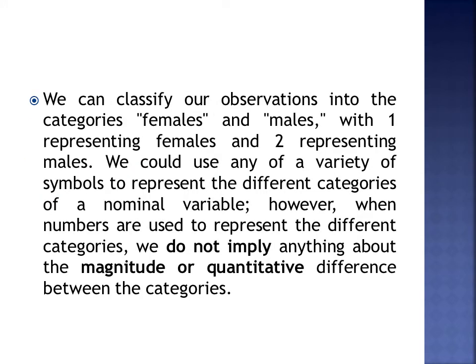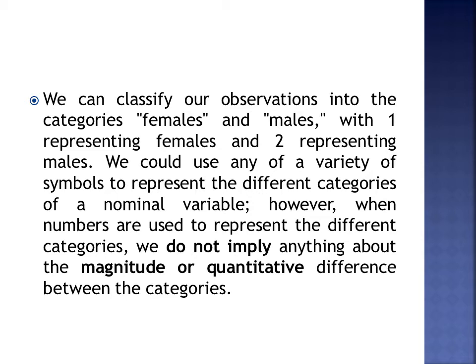All right, so here's another example. We can classify our observations into the categories, females and males, with one representing females and two representing males. We could use any of a variety of symbols to represent the different categories of a nominal variable. However, when numbers are used to represent the different categories, we do not imply anything about the magnitude or quantitative